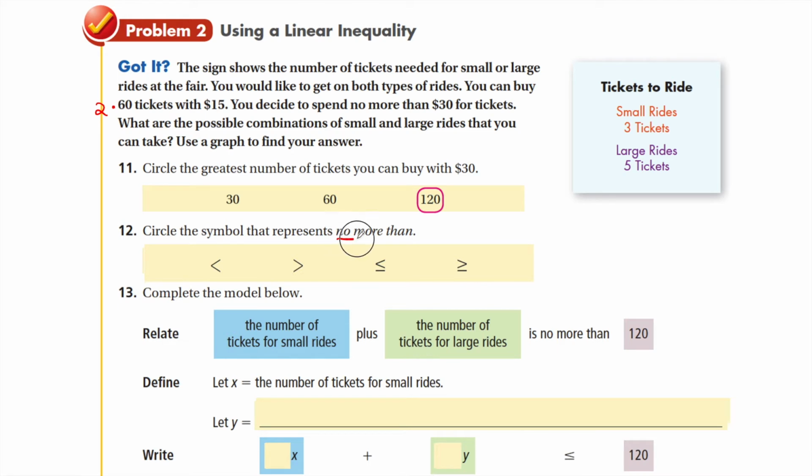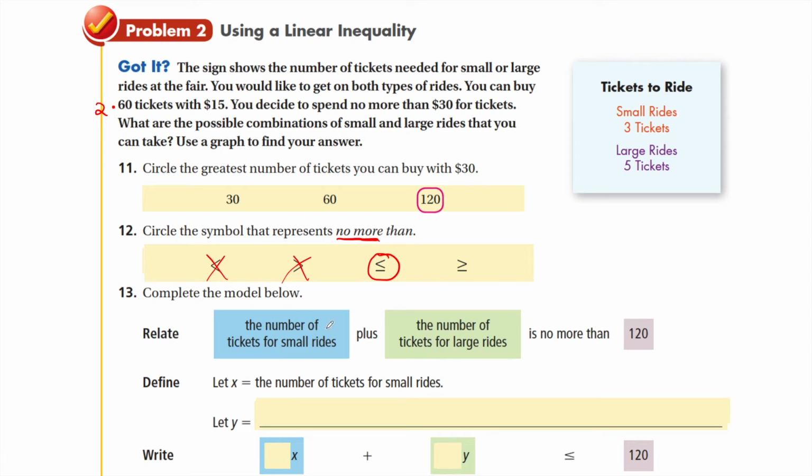Well, no more than means that we can't ever go above it, but we can actually include it. So it is going to have an equal to portion. So I can get rid of the first 2 symbols. Now it's either going to be less than or equal to, or greater than or equal to. Again, no more than means it can't go above the 120 mark, and therefore it's going to be less than or equal to. Okay. The number of tickets for small rides plus the number of tickets for large rides is going to be